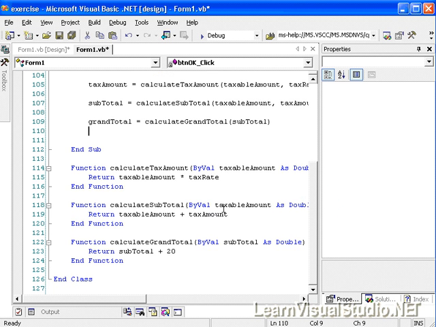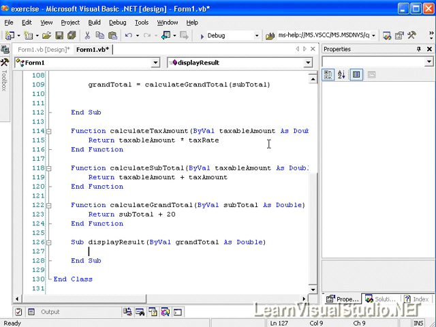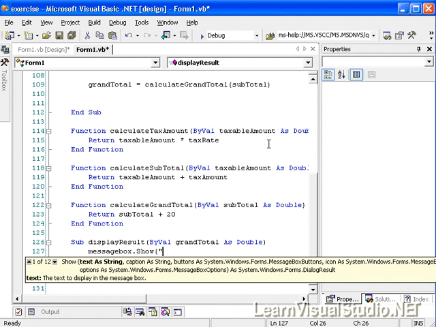So that satisfies our third requirement, and then our last requirement is to display the grand total in a message box. But we want to also create a procedure for that, and so I'm going to wrap our procedure here as a sub display result, and our sub will not return any values, but it will display a value. So we'll do a message box dot show, and we can even be fancy and put the grand total is,